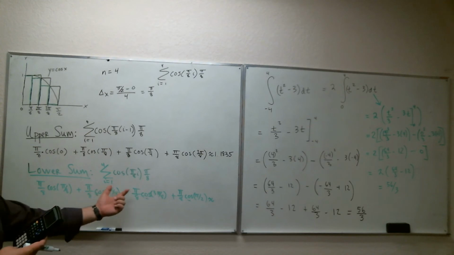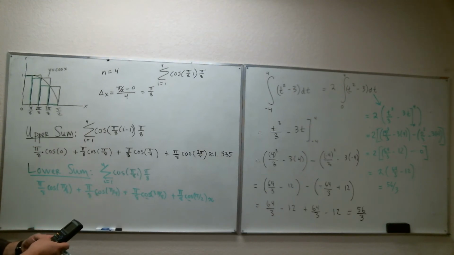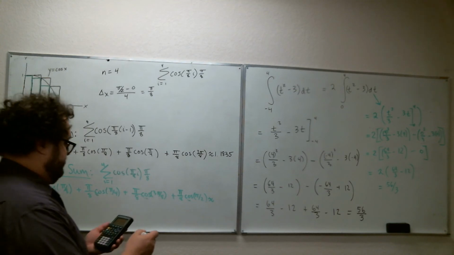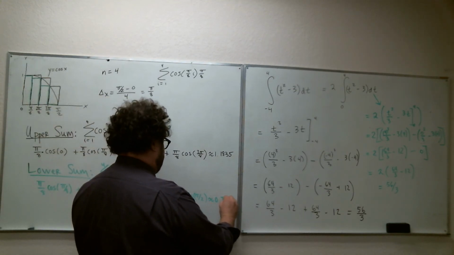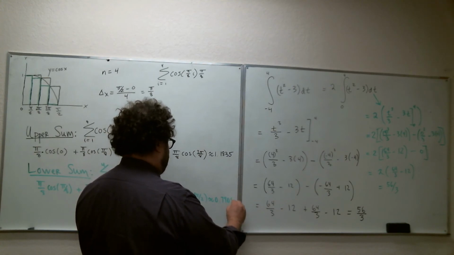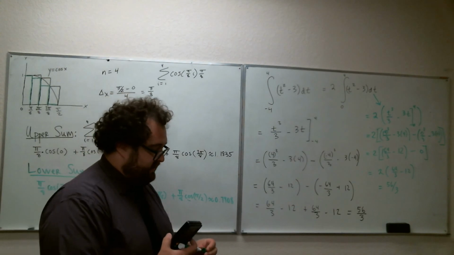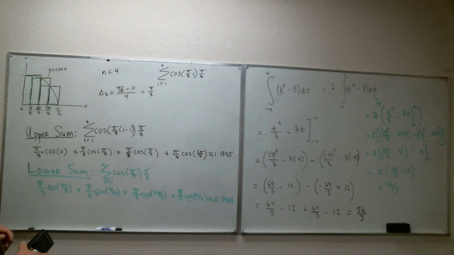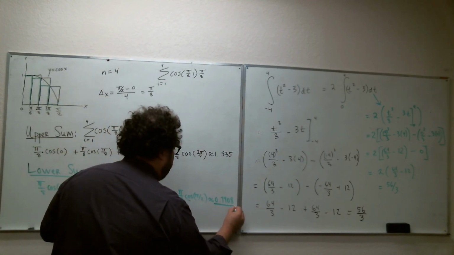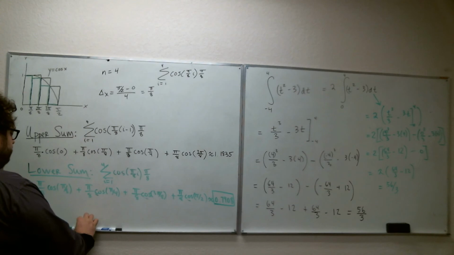So let's see here. Again, I'm going to factor out all the pi over 8s, and then I'm going to simply add cosine of pi over 8 plus cosine of pi over 4 plus cosine of 3 pi over 8 plus cosine of pi over 2, which is 0. And I get 0.7908 if we take it to 4 decimal places as the instructions indicate. Alright, so we have essentially an approximation of an approximation, lower sum,